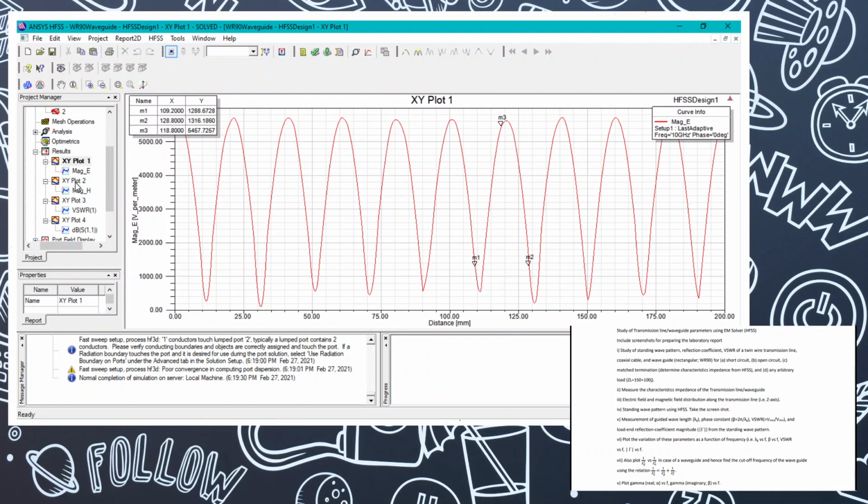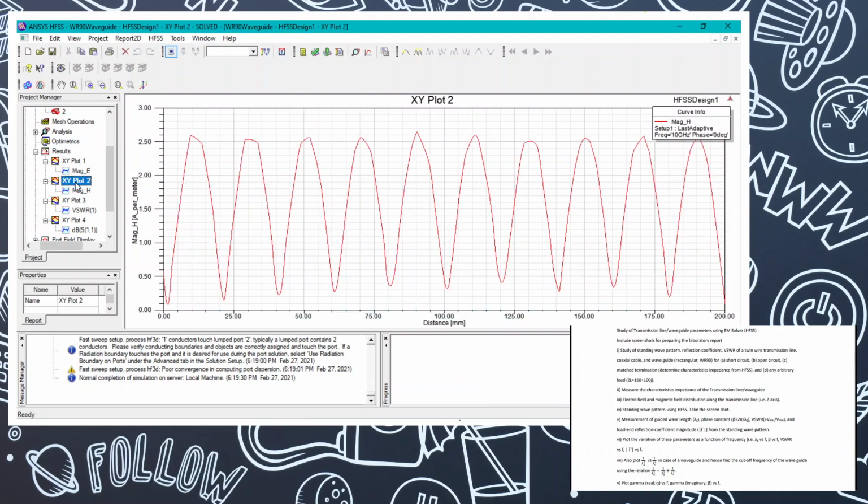As I've shown in the earlier part of the video, this is the magnetic field versus distance plot. This is also varying like that, and you can see that in the open circuit case, the magnetic field is maximum at the far end of this waveguide, and for the short condition we will find the electric field is 0 at the far end of the transmission line.